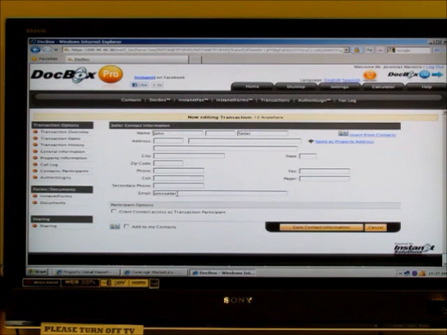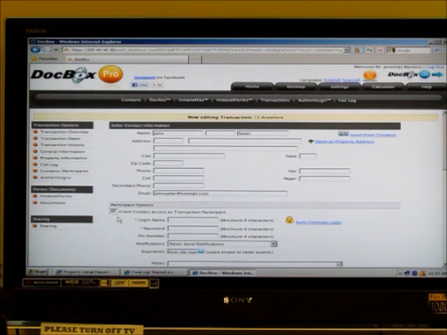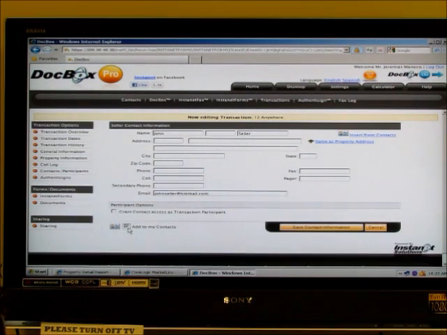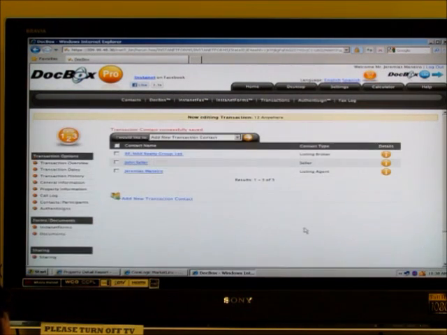You can fill out as much or as little of this as you want, but if you do have their address, their cell phone number, and their email address, this will also auto-populate your admin. Right, so that can make documents on the back end a lot easier to fill in, right? Correct. Yeah. Whoops, I don't want to do that yet. I like to add them to my contacts and then save contact information. So now, if we go back to our documents,